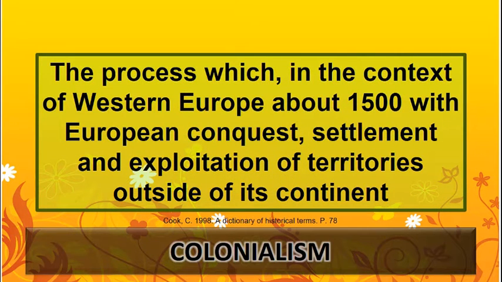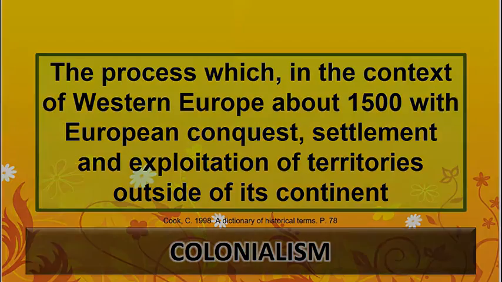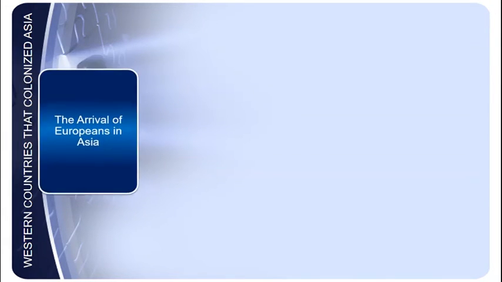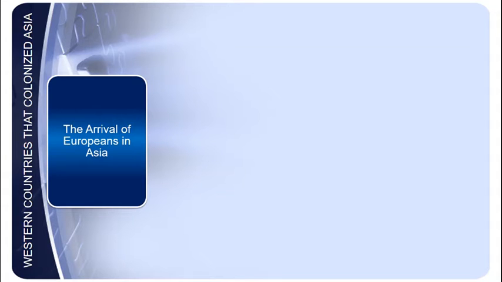Hence, Cook defined colonialism as a process in which the Europeans in the height of the 16th century settled and exploited the territories outside of its continent. Take note of the terms conquest, settled, and exploited. These are some very harsh terms to consider, but these are the things that their actions had been made at the time. Okay? Now, Western colonialism, Western countries that colonized Asia, we should look first how the Europeans arrived in